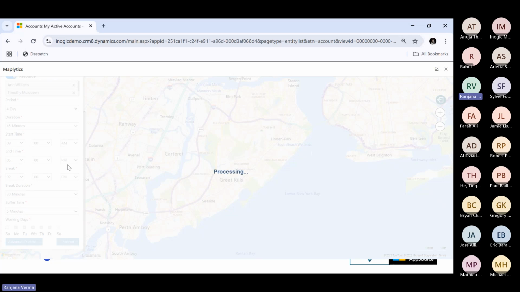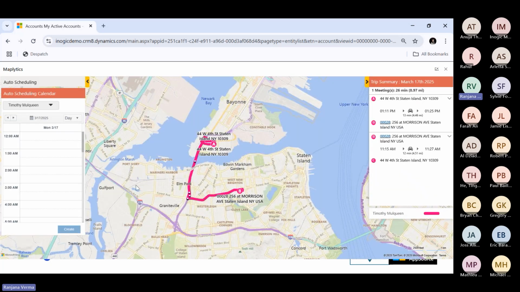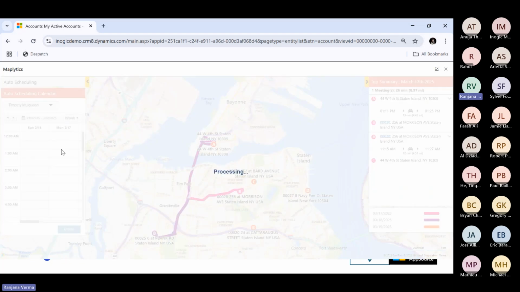So what this is doing is creating routes and schedules for both of my users based on their skills and characteristics, and it is going to take a few seconds to process. Okay, so I believe the process is ready. This is 12 a.m. Nobody starts their day in the midnight. So this is 9 a.m. Let me just do it for the week rather than